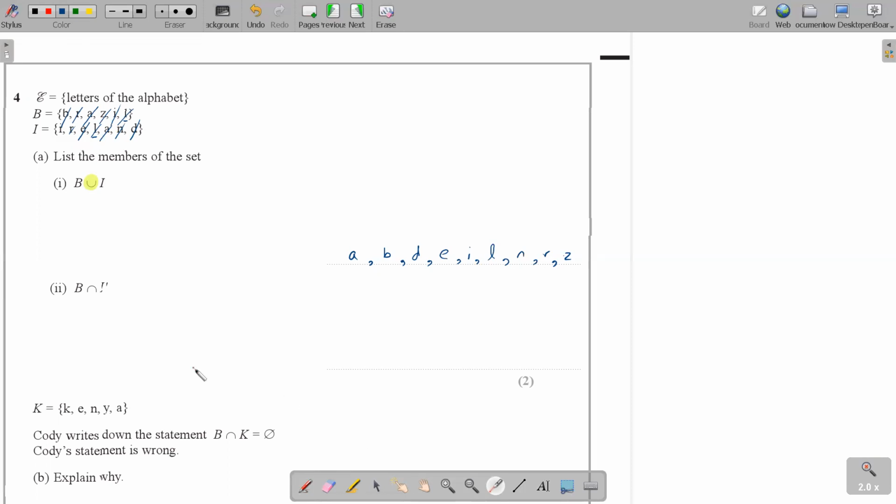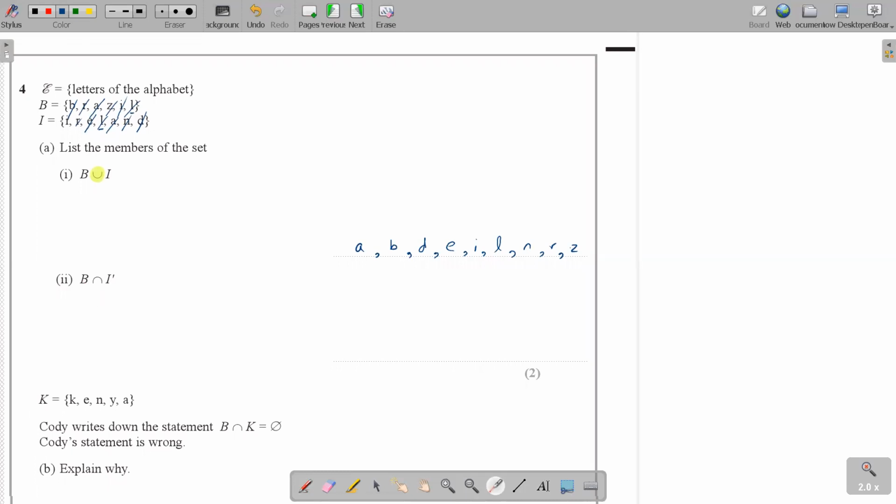Right. So the next question, B intersection I dash. Intersection means to take the common thing, the common elements between set B and set I dash. So what are the common elements between set B and I dash? Now B includes the letters in Brazil, and I dash